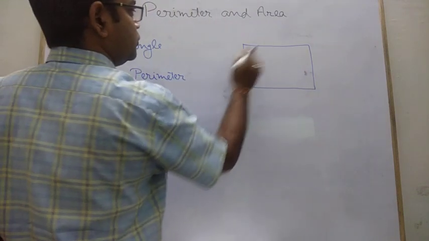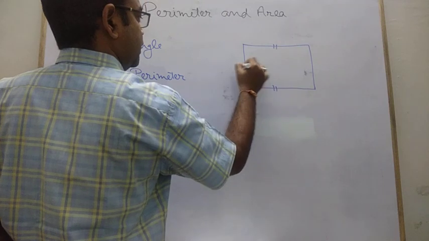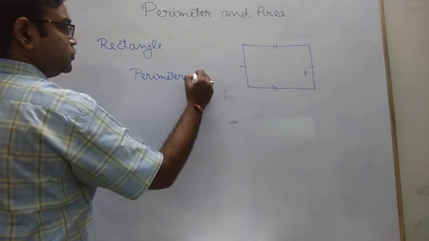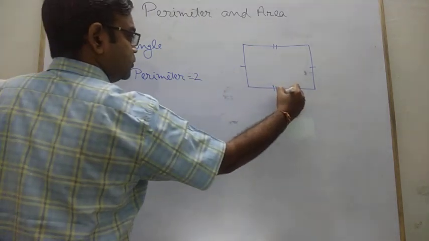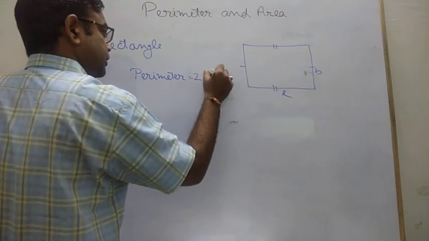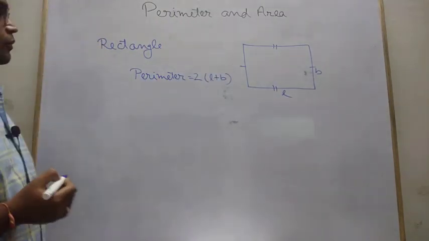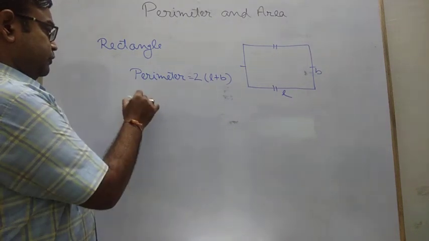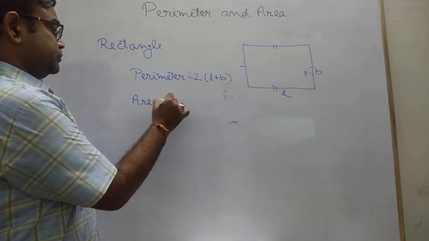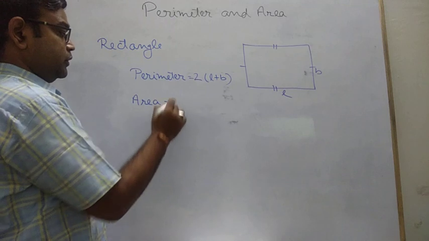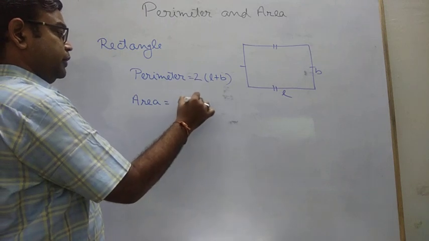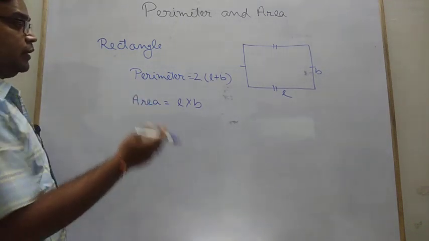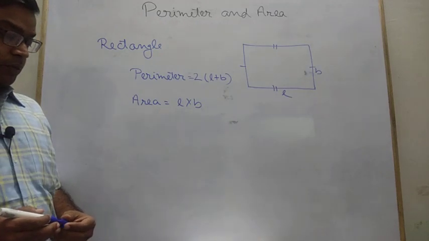opposite sides are equal to each other, means these two sides are the same and these two sides are the same. So perimeter equals 1 plus 1, 2, and then if this is your length and this is your breadth, we can write 2 times (L plus B). This is the formula for finding the perimeter of a rectangle. Then how do you find the area, the surface occupied by this figure? It's length into breadth, L into B, that is LB. So by using this or this, you can find out everything for every type of question.